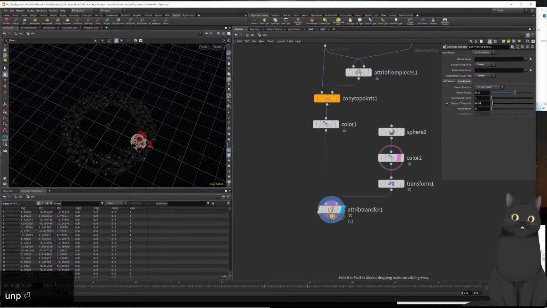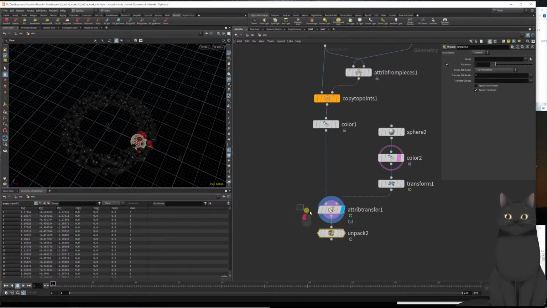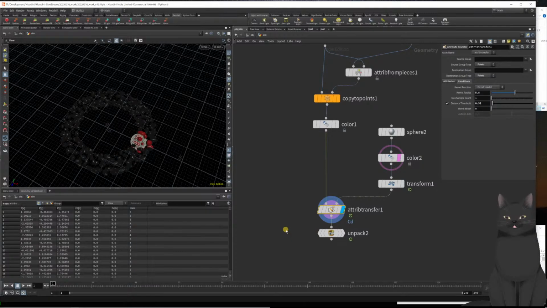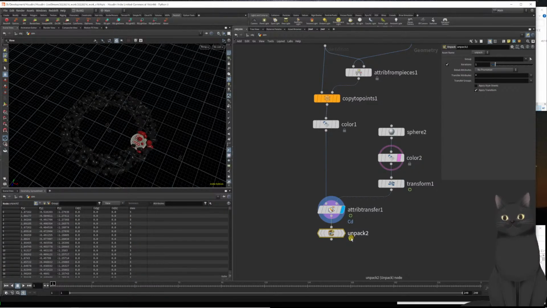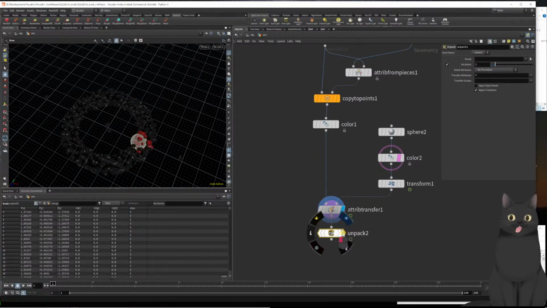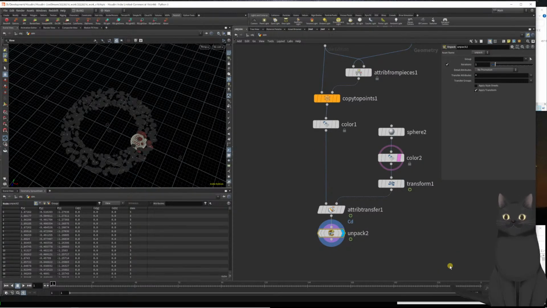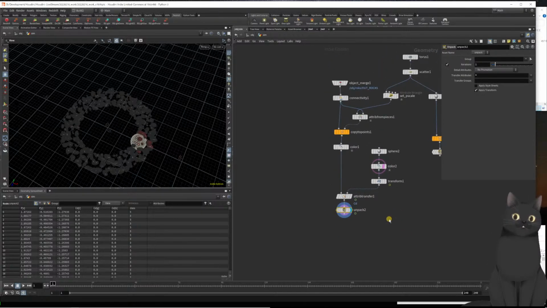You can see they are unpacked, and now we drop an attribute wrangle, and here again I write down why we use linear interpolation and what it is. You can check out my